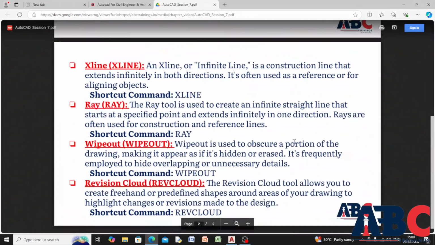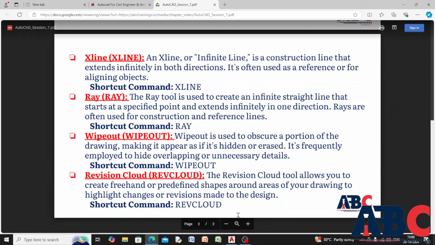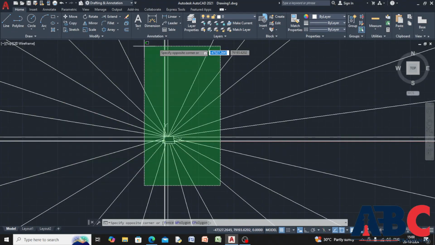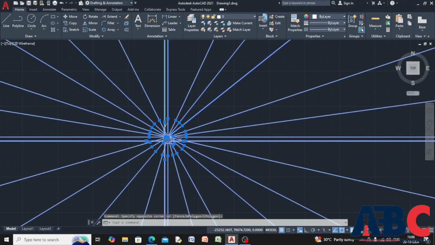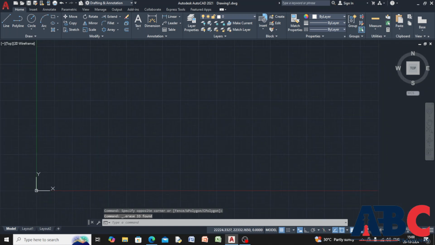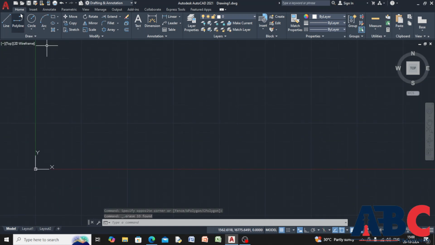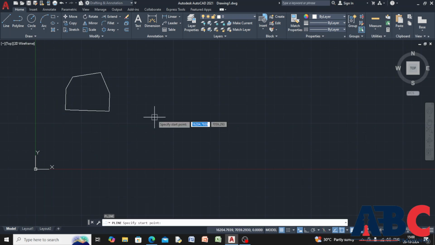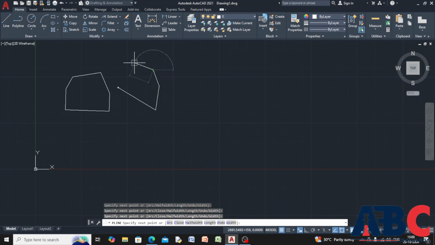The next command is revision cloud. Okay, I will delete all these points. Delete. If I draw something here using line and fill line, now I want some revision. Okay, then REVCLOUD,